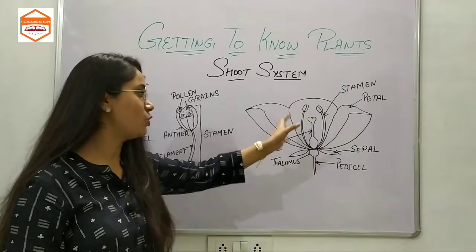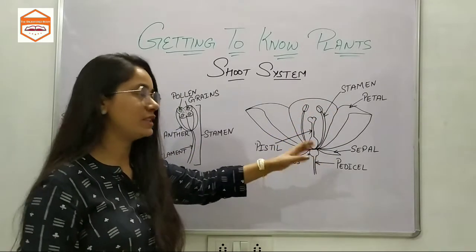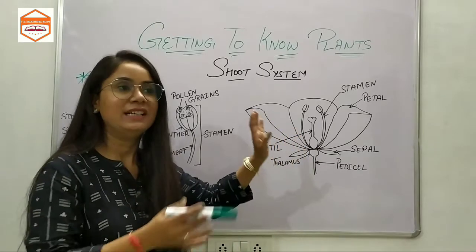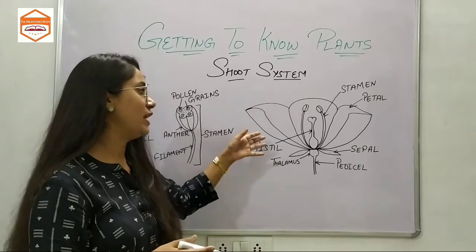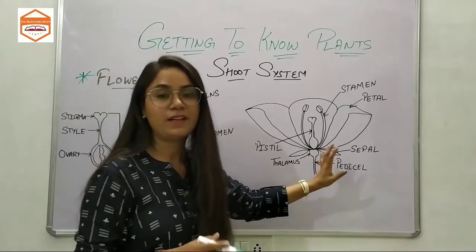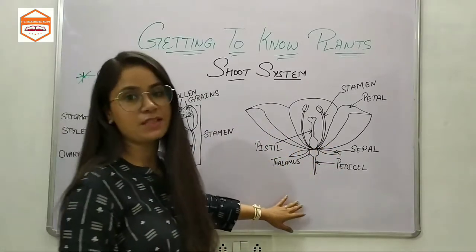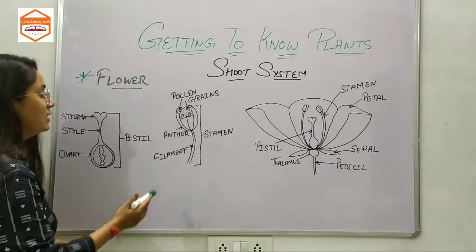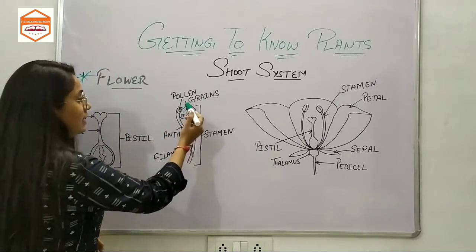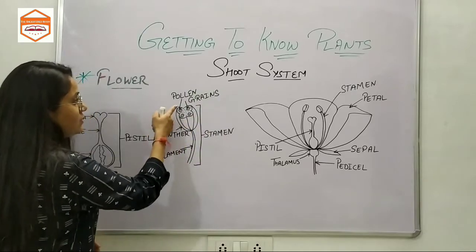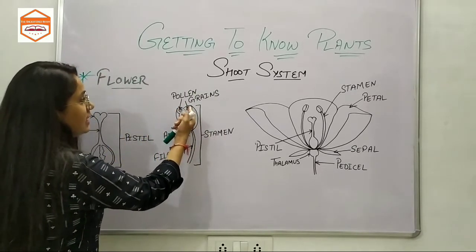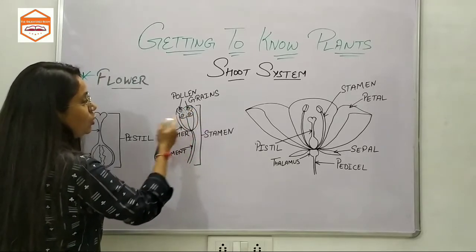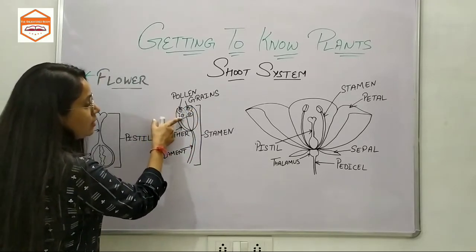I have only drawn two stamens here because there was not that much space, you know, in a 2D figure, how can I draw that many stamens? Actually they are 4 to 6 in number in a real flower. This one is a hibiscus flower. Now these are two lobes. This is the first lobe and this one is the second lobe. In these two lobes you can see two pollen sacs on one lobe and the other two pollen sacs on the other lobe.